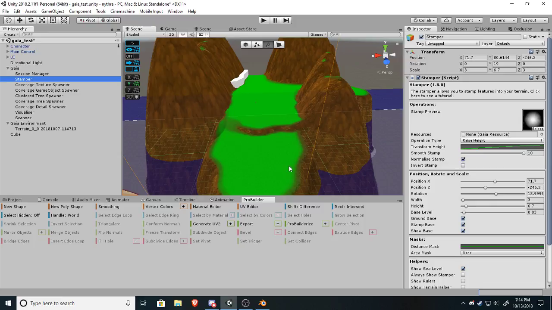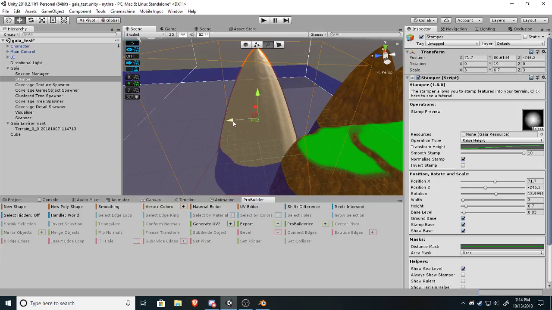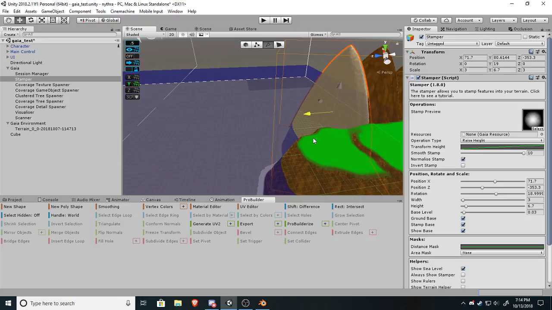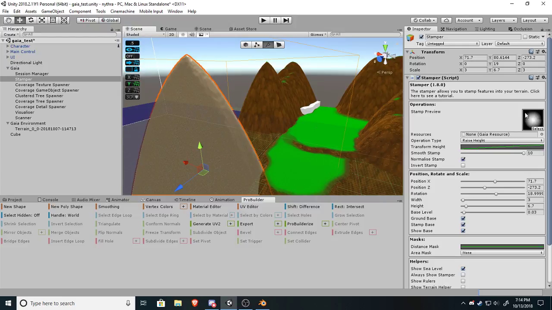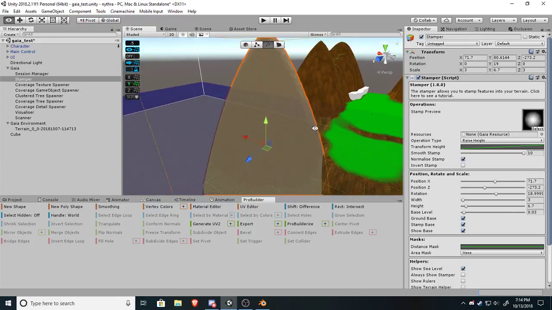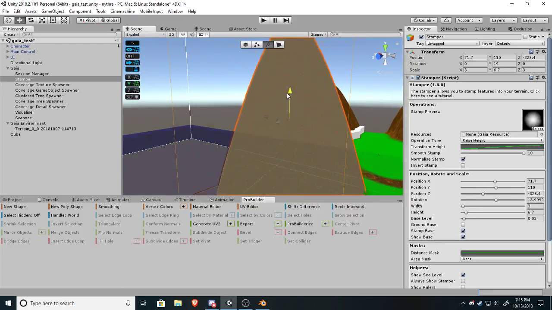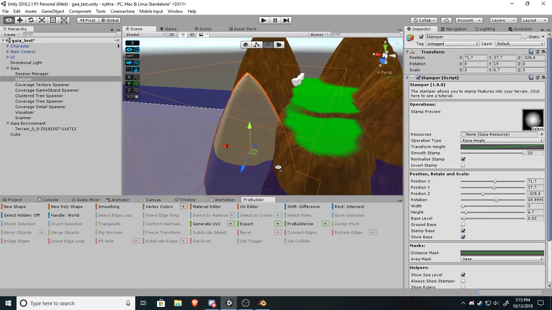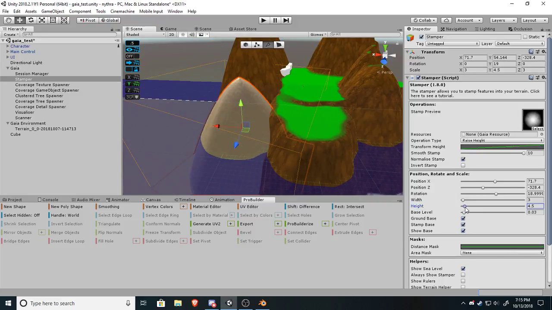What this does is instead you have these stampers here, and you can see it shows you what it's going to look like, and it just builds these. It just creates these from a simple height map texture. And you can move these around. If you take off ground base, then you can also move these up and down as well. You can control the height, the width,